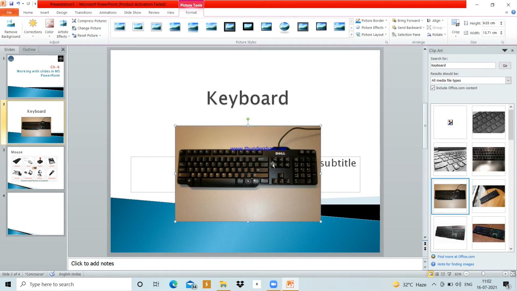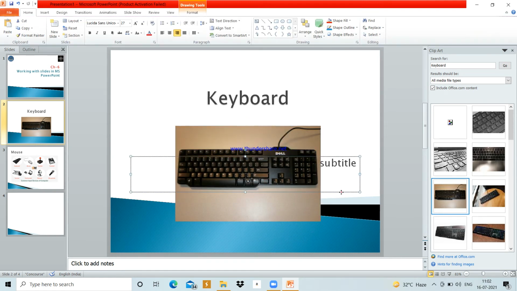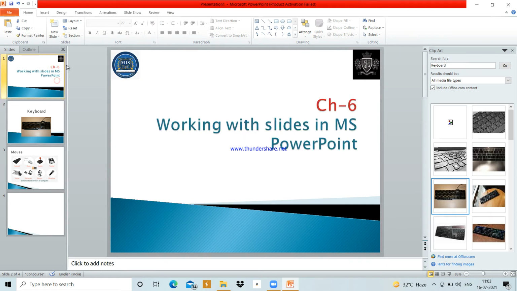You can apply slide transitions. What is a slide transition? It is the way in which each slide appears on the screen. As you move from one slide to another during a presentation, there should be one moment in the slide, in your pictures, in your text, that you can give with the help of slide transitions. There are different types of slide transitions available in Microsoft PowerPoint that you can give to your slides. How can you give them?